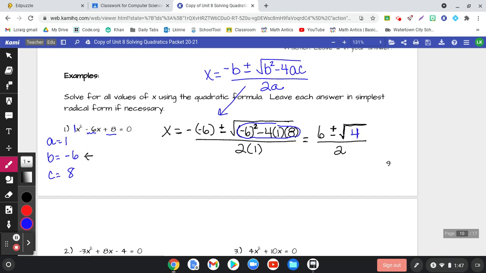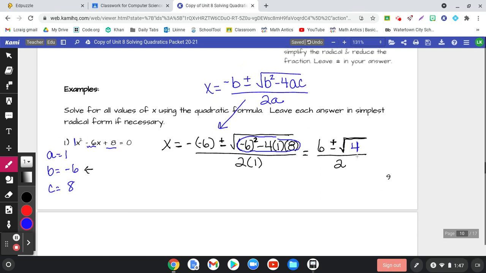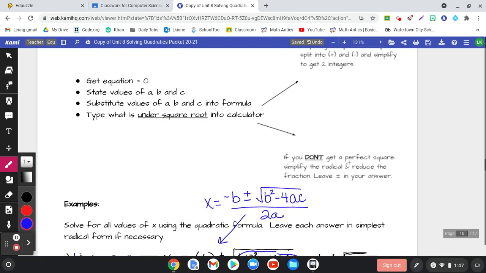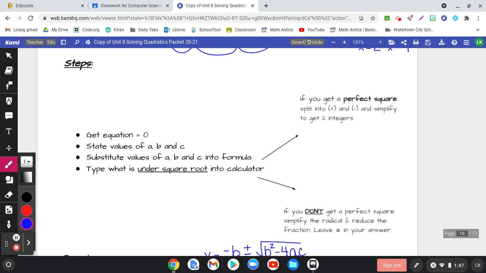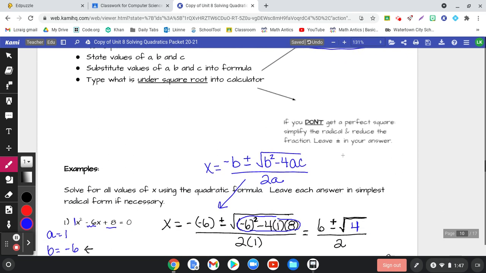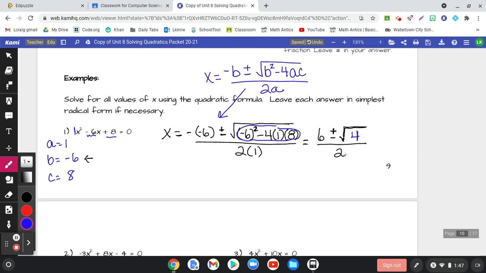Well, that looks a little bit easier to deal with, doesn't it? Is 4 a perfect square? Yeah, square root of 4 is 2. So let's see what our steps are. If you get a perfect square, you're going to split it into a plus and a minus and simplify to get 2 integers. All right, so the square root of 4